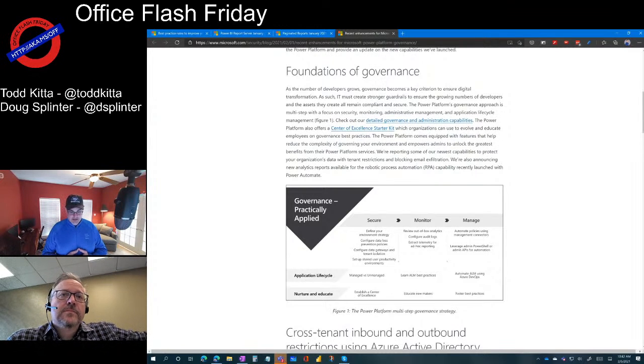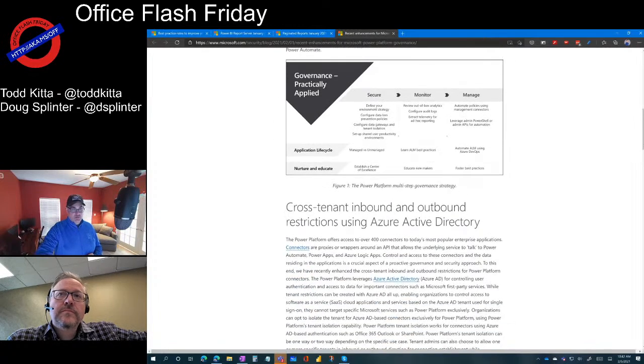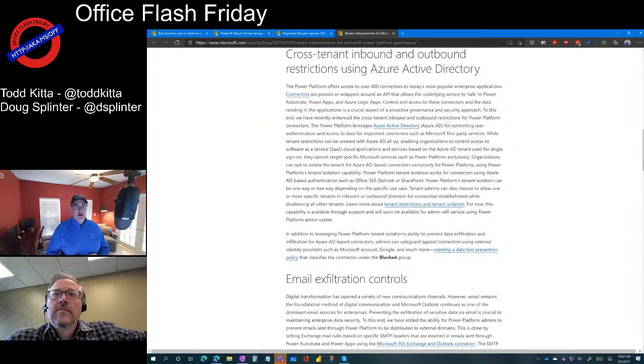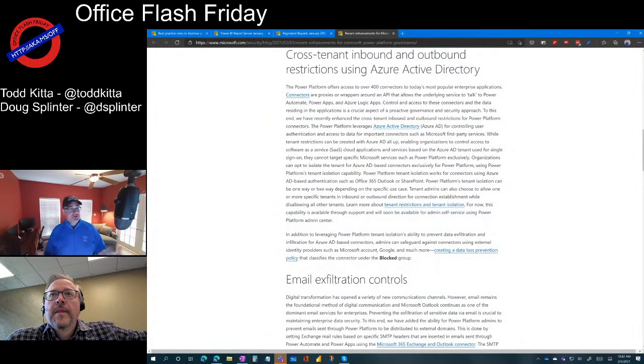You get control. So a couple of the new things that we're bringing here, beyond the things that were already there, are cross-tenant inbound and outbound restrictions using AAD. So any of the connectors that are AAD connectors, there are now tenant restrictions and tenant isolation restrictions where you can basically control communications in and out. So which tenants do I want my tenant to be able to communicate with, and which tenants do I want to be able to communicate with my tenant, right? Yep. So really granular control, because a lot of the controls we had before were very chunky, so much so that you could basically say you can either use this connector at all or not.